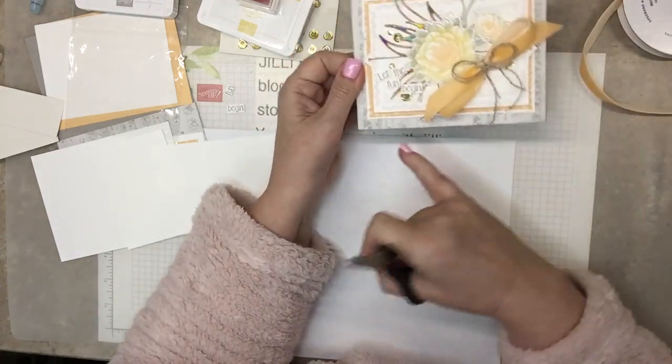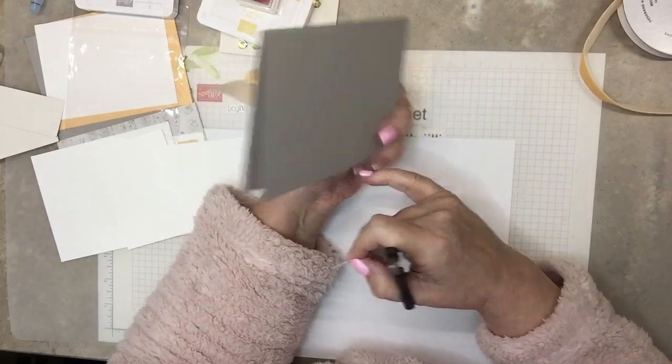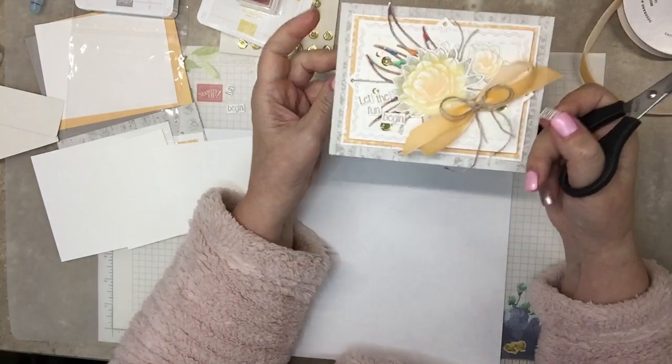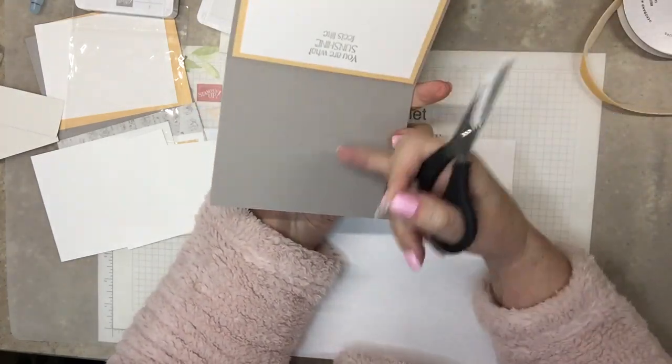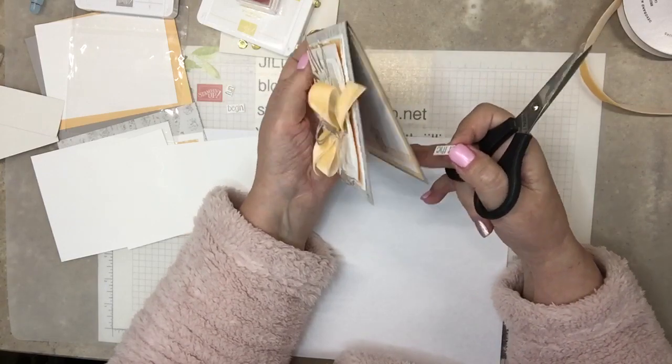So when I flipped the card, see this printed designer paper? When I flipped it over, it was right there. Where was the Pale Papaya layer? It was, turn it over, right here. I'm like, oh my gosh, I haven't done that in a long time. Anyhow,